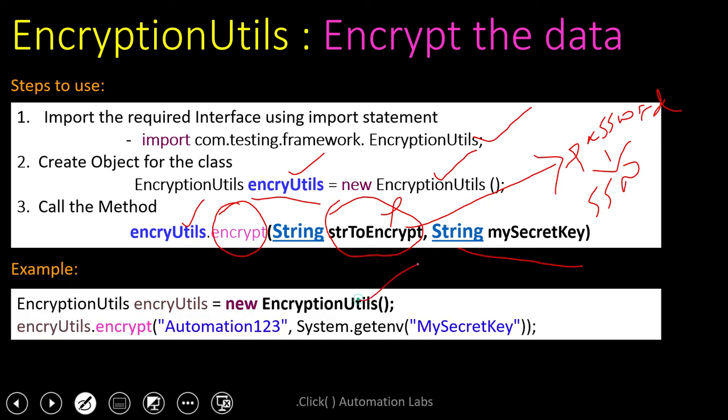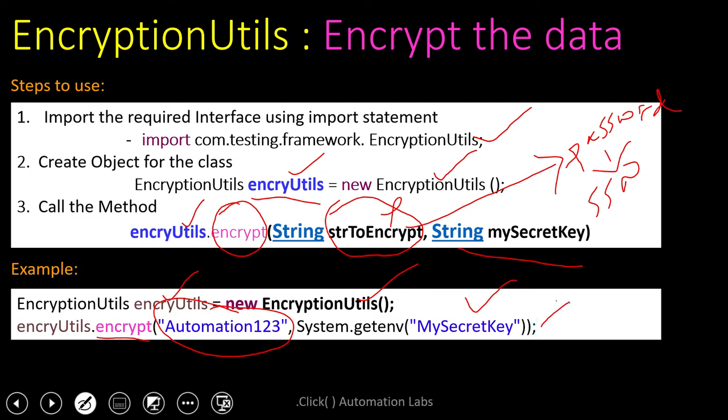This is my class, and these are the encryption utilities. This is my object dot encrypt. I would like to encrypt this automation123 password using my secret key, and no one knows what I stored in my machine. So using my secret key, I have encrypted automation123.